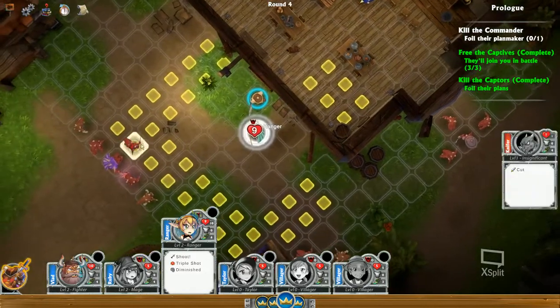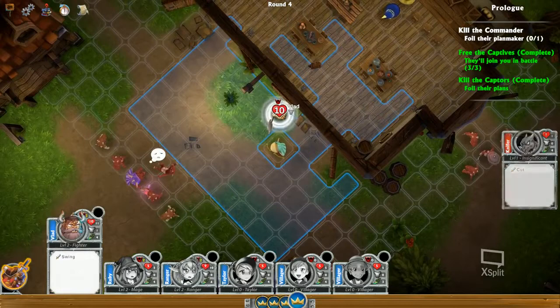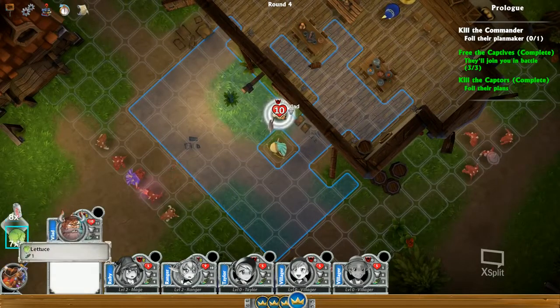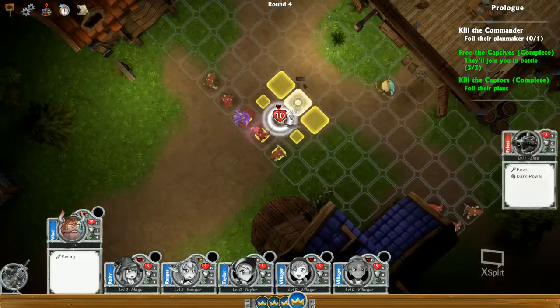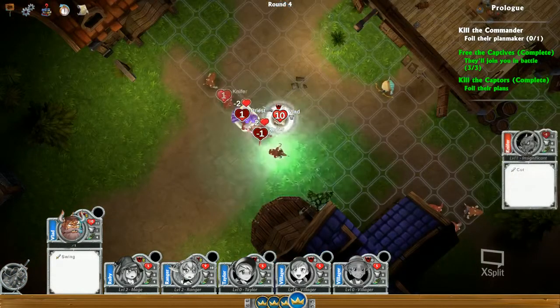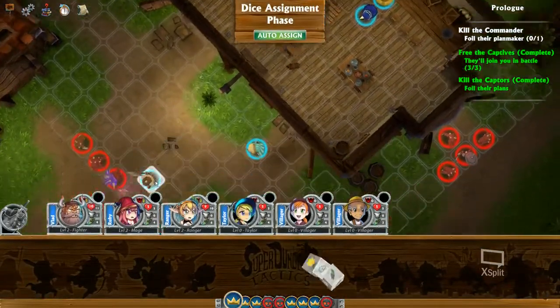Yeah, she'll kill this knifer. And then I want to be able to hit as many people as possible, so I'm gonna eat a lettuce and move 1 up. And I'm gonna hit all 3 of these guys. So kill 2 of them. Really damaged. Notice it says to foil their plan maker, so once you kill the priest, this mission's over, and